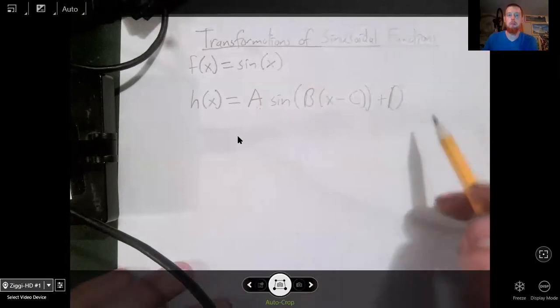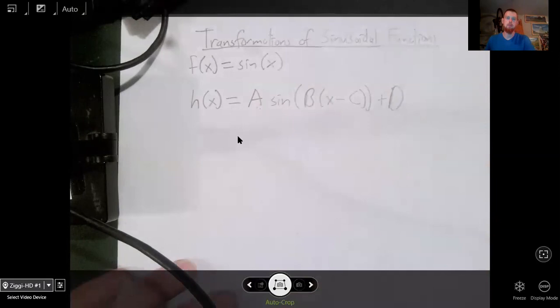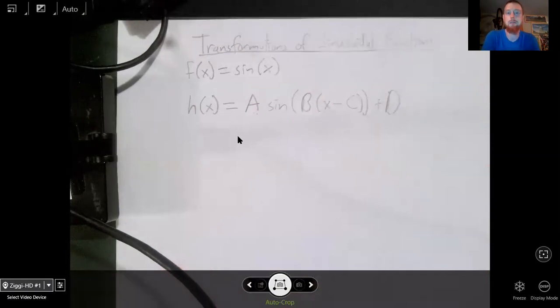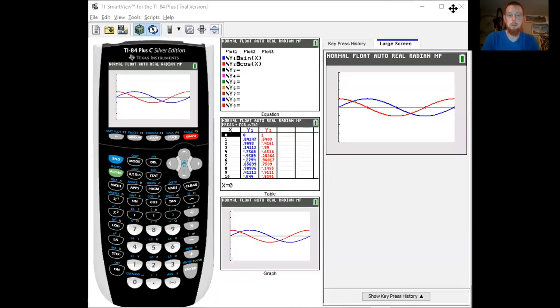So hopefully you remember what each of these does. Instead of just saying, let's write down what these do, I want to look at the calculator and see if we can remember from doing what each of these helps us with. Okay,